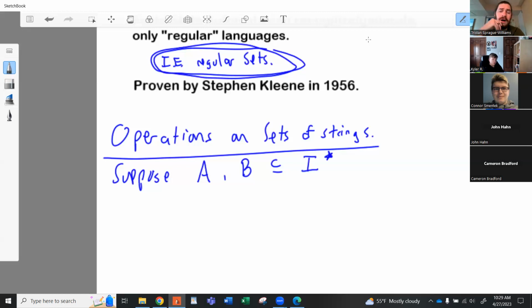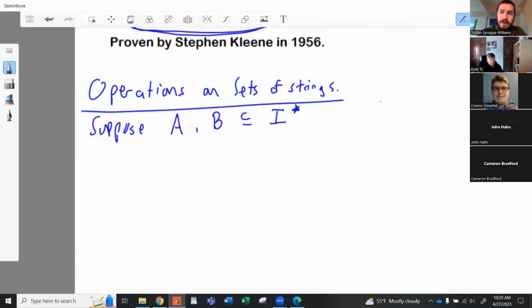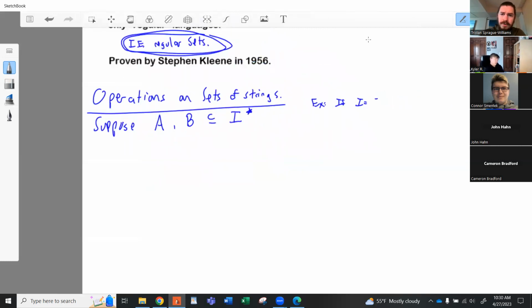So A and B are subsets of I star. For example, if the input alphabet were just 0 and 1, the Boolean values,